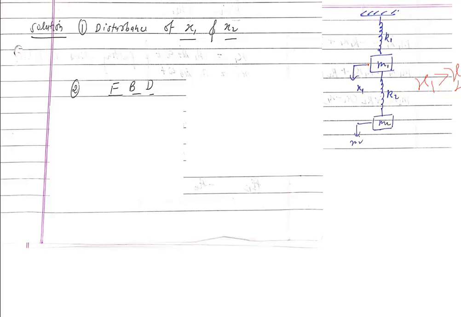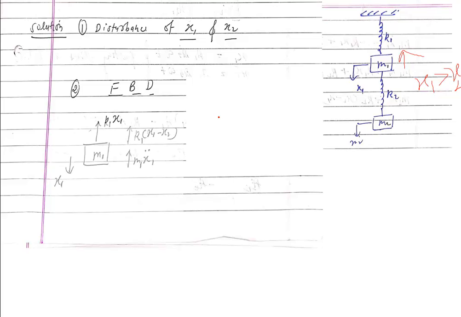There is a spring force upward, because the spring is stretching downward, so the upward spring force is k1 x1. And this spring is compressing, so it also applies a force in the upward direction. Okay, this is the spring, so what is the spring force? K2 multiplied by x1 minus x2. And what is the D'Alembert principle? The D'Alembert principle says that if the mass is going downward, the D'Alembert force will be applied in the upward direction, so the D'Alembert force will be m1 x1 double dot.